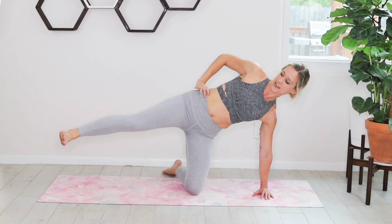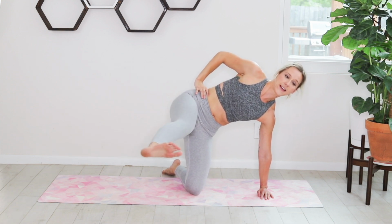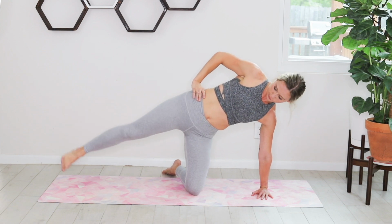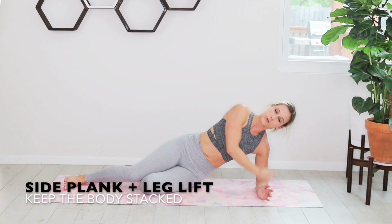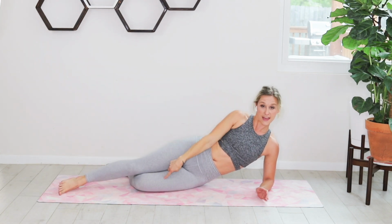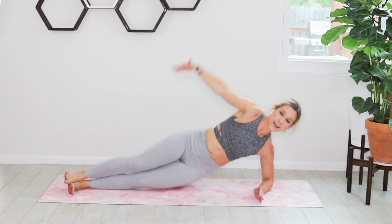Good. 5 seconds. 3 and 2. Good. And drop it down. We're going back into that side plank. So again, stacking that shoulder over that elbow. Legs long. You have the option to bend that bottom knee or stack in that plank, but you're popping those